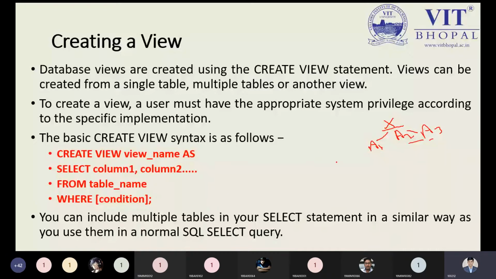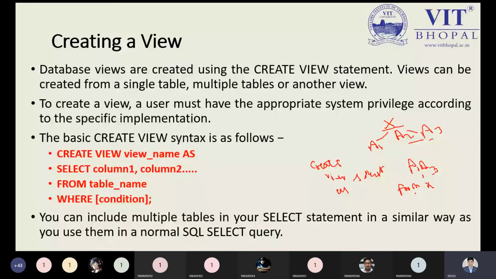If I want to create a view, I will use the command create view, just like create table. The syntax is: create view as select attribute 1, attribute 3 from the table named X. I'm choosing only attribute 1 and attribute 3. And is there a condition? If you want to put one, it's okay, else this part is optional.